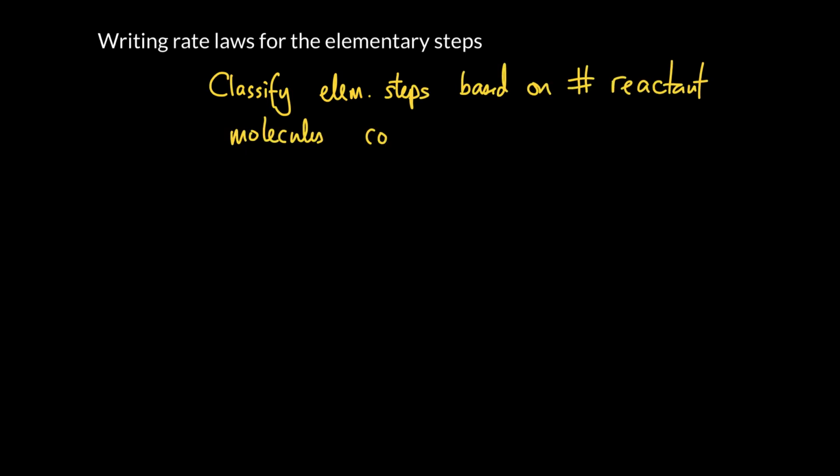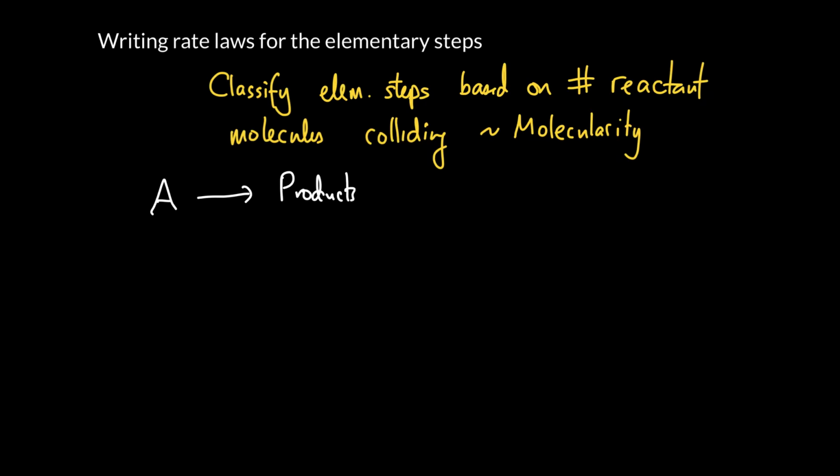So the elementary reactions are classified according to the number of collisions that take place inside of them. And we call the number of reactant molecules colliding the molecularity, which is sort of a mouthful, huh? So let's write down some reactions here. Imagine we have an elementary reaction where a molecule A shakes itself apart and forms products. Since this is essentially the collision of one molecule, which I know is kind of like the sound of one hand clapping, but anyway, we call this a unimolecular